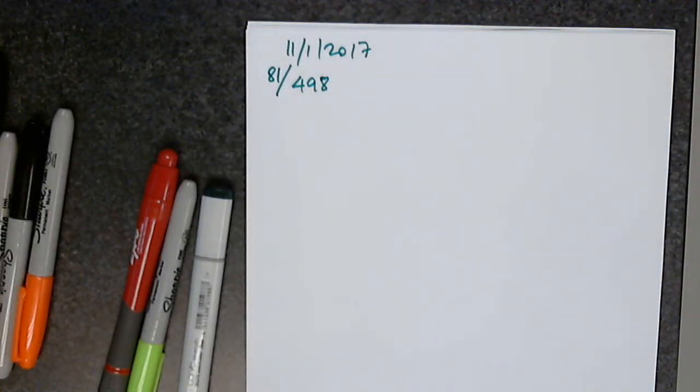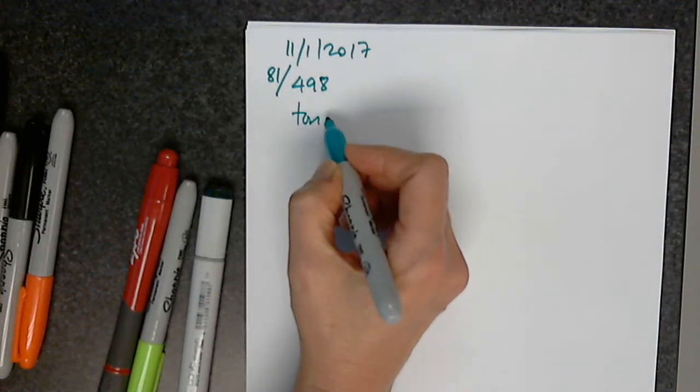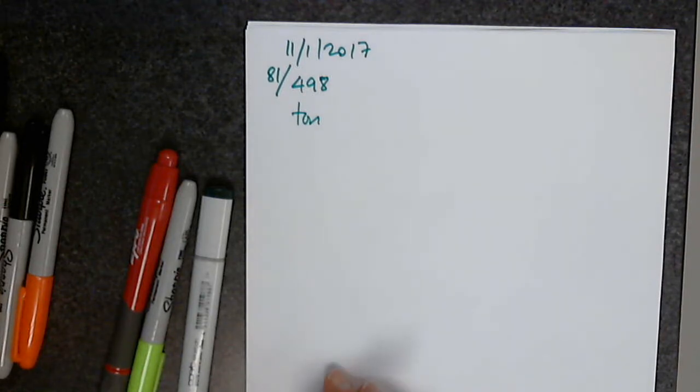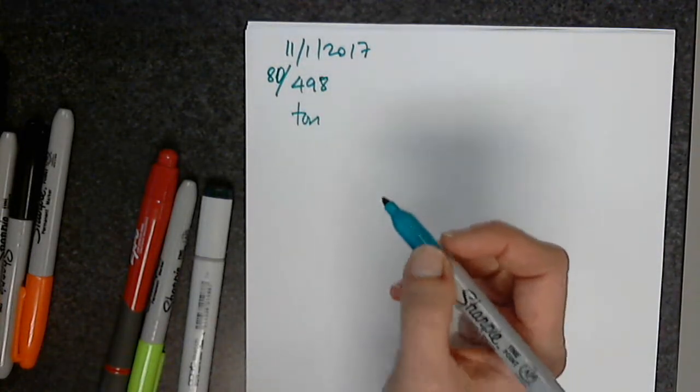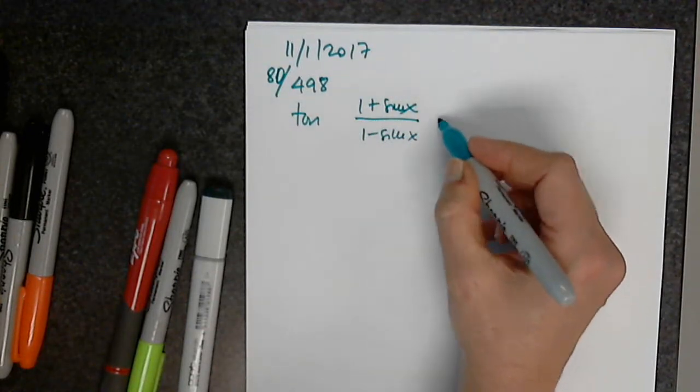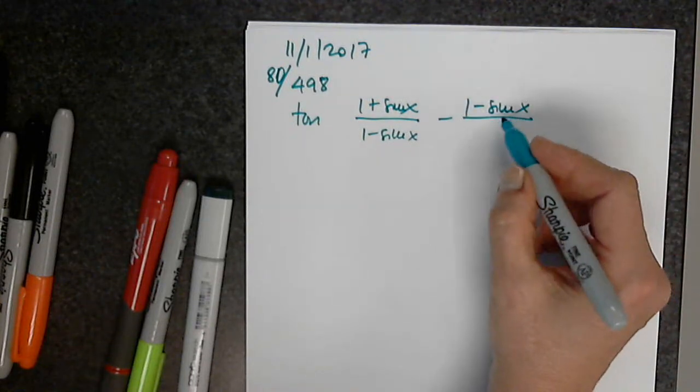498. Actually, you know what? Not 81, 80. Which one? Number 80. We did that in class, I think. We can do it again. No, do we have to do 81? No, we're supposed to do 81 by accident for 80. So we want to look at 80? Yeah. Okay, so 80: 1 plus sine x over 1 minus sine x, minus 1 minus sine x over 1